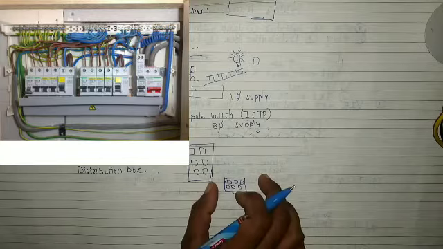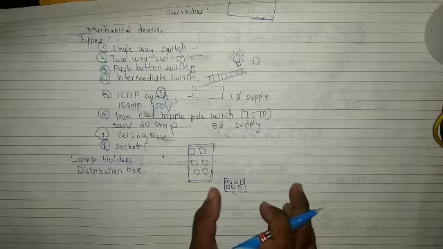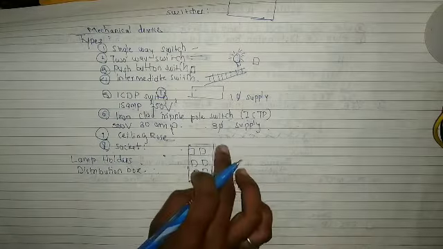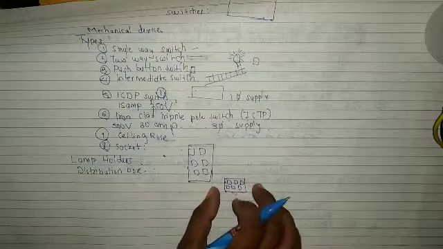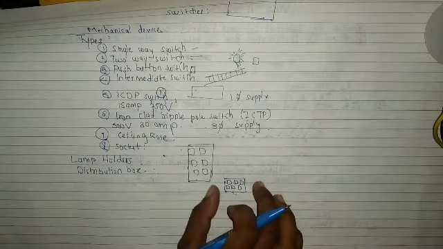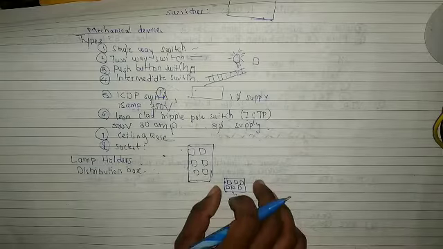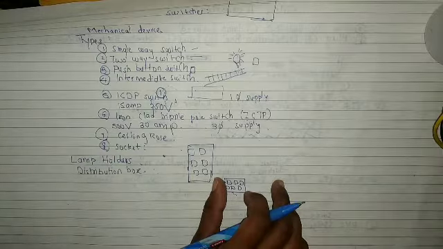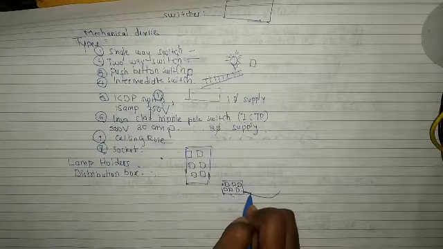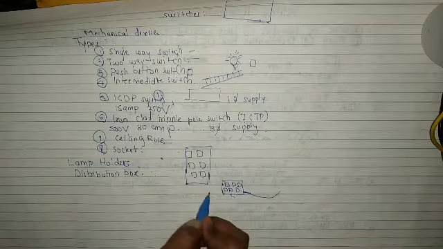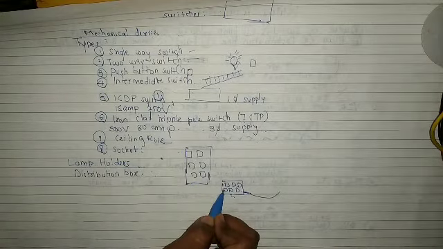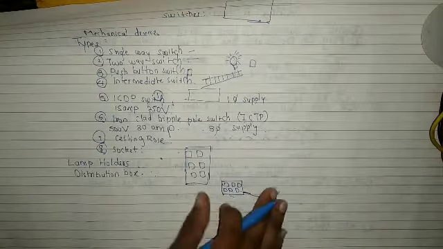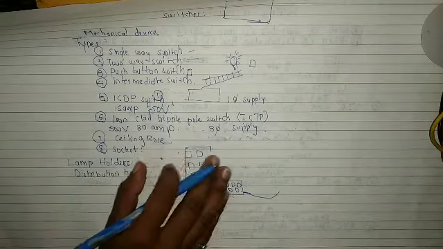This distribution box will have a number of KitKat bases and fuse carriers depending upon the number of circuits. So the number of houses determines the number of fuses provided. The supply main is brought from the main switch to the distribution box, and then it is taken independently for each circuit from this box. So this box provides the independent circuit for the independent houses.